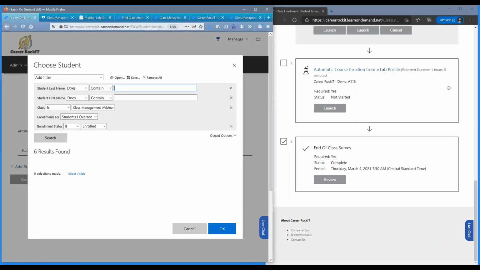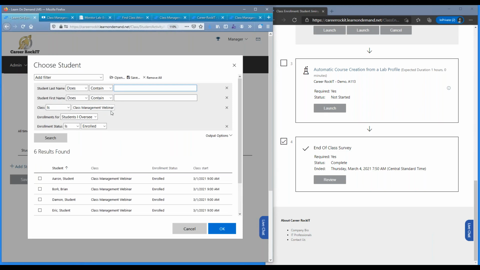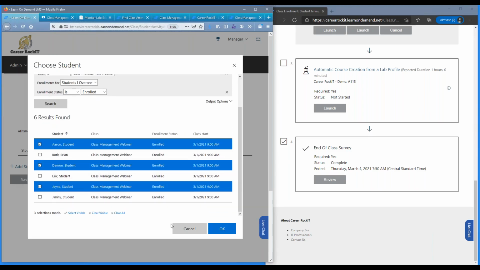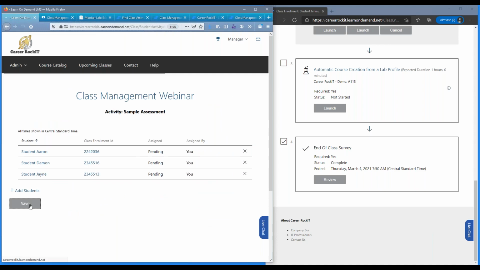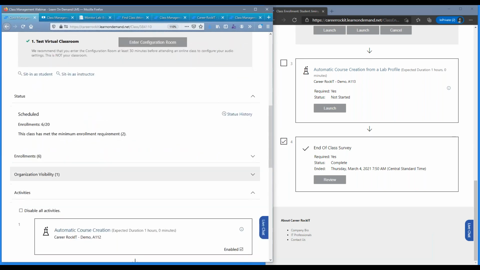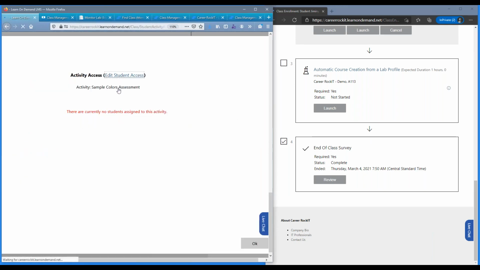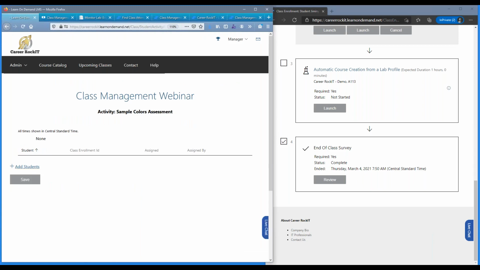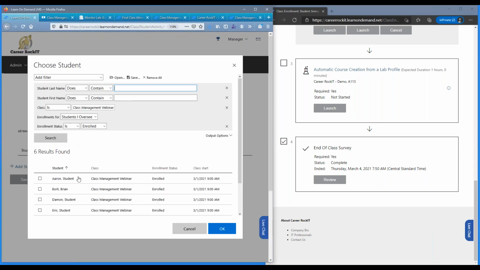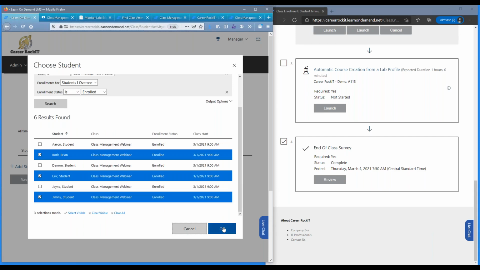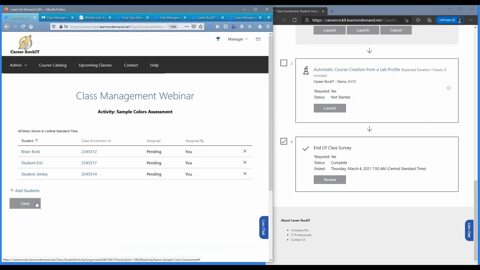When I hit Add Students, it's going to show me only students for this class that are enrolled, and I can then choose who I want to have that assessment, and those three will get that. And then I will assign the colors one to the other three and add students. And this time I want Brian, Eric, and Jimmy. And when I save it,